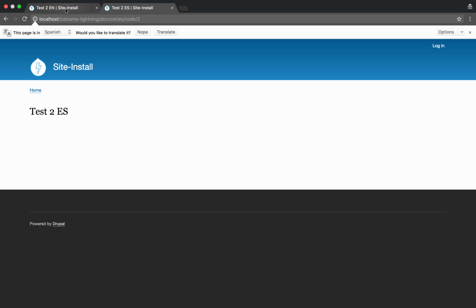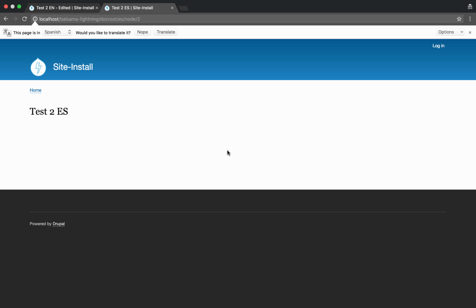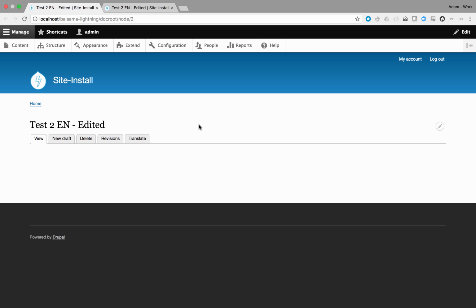And if we come back here and look at the English node, we see the edited. And on the Spanish version, the original is still published. It still has a draft revision with edited in the title. The difference being that it is no longer a forward revision, and that's kind of a limitation of this module and its workaround. If I come here to the Node 2 Spanish version,